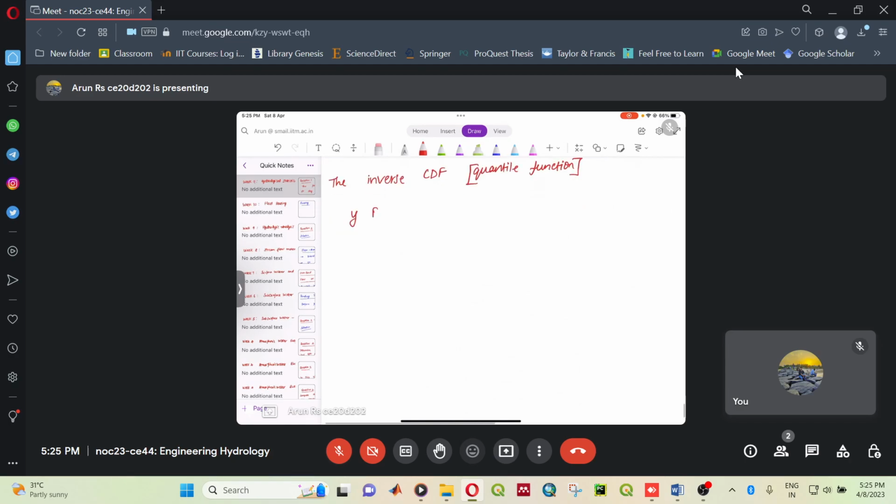That is nothing but y of F. It is given by beta minus alpha into ln of ln F. So this is one way to represent it, or you can write F in terms of the return period, which has been derived in class already. So y in terms of return period is given by beta minus alpha into ln of minus ln 1 minus 1 by T. So this expression may be similar to what was derived in the class,